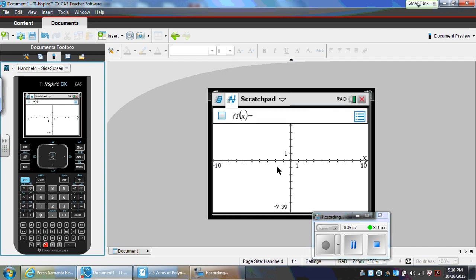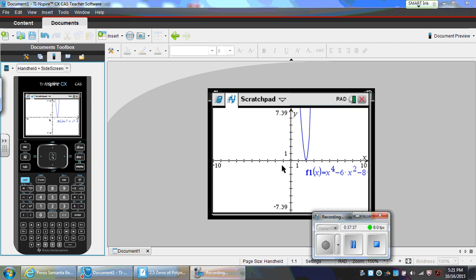And so it is x to the fourth power minus 6x squared minus 8x plus 24. And then so here's our graph,